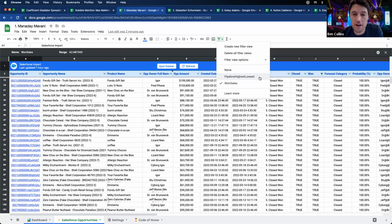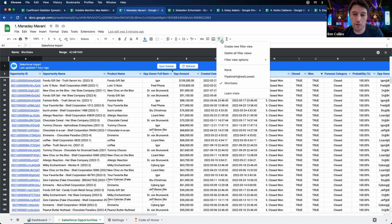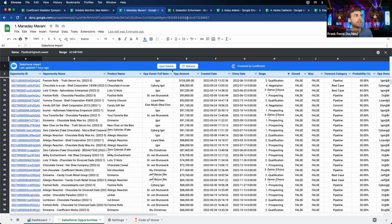It's just grabbing that URL at the top there, you see it's got that fvid with a number at the end. I think that will give you the filter view. So you would grab that and then just do your regular hyperlink on your dashboard. Yeah, exactly. So right now we're on the one sales filter view, and if we switch to the pipeline highest lowest filter view, as Ben mentioned, you can see the URL changing, which is super handy